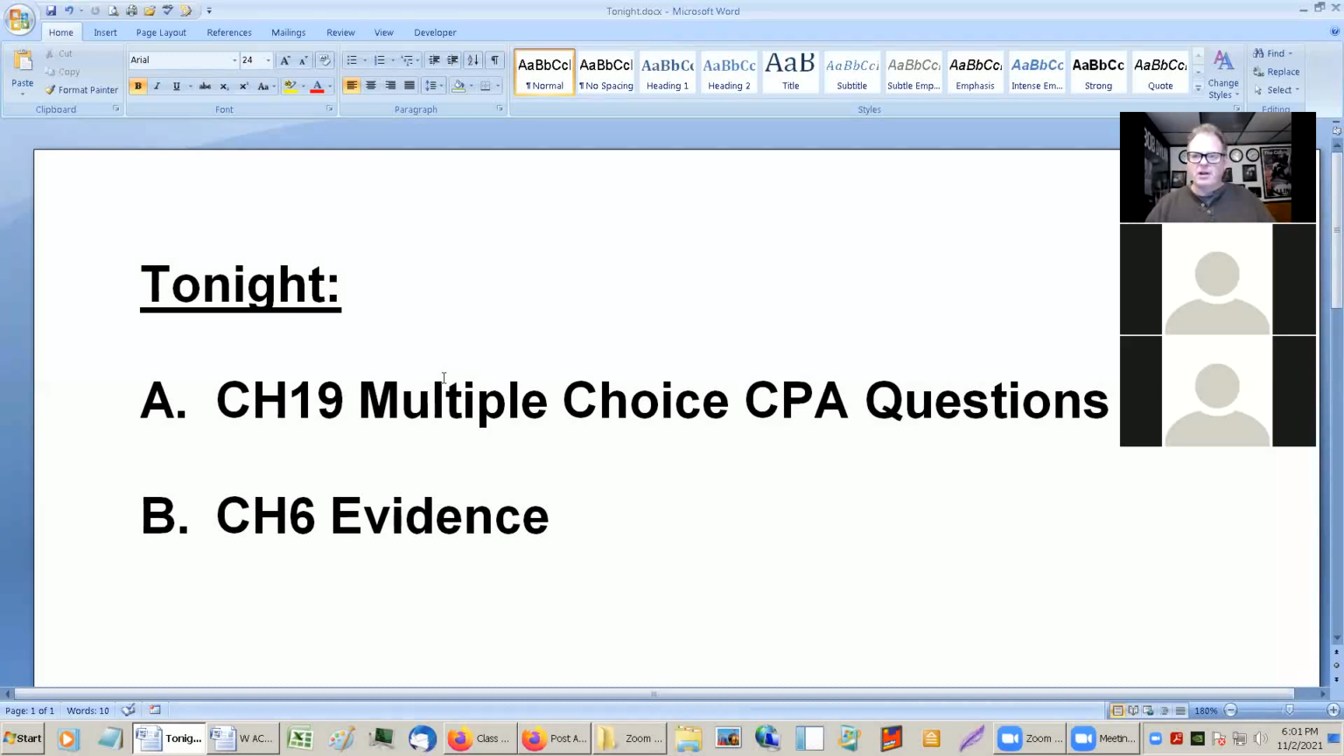I've taught this before, and the evidence chapter can kind of get out of control, but I've cut it down quite a bit so that hopefully it'll be a little more manageable this time around. But we'll see. All right, so